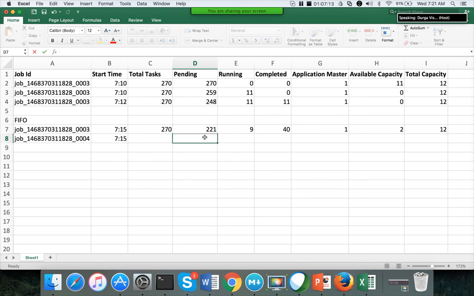Even though there is an available capacity of 2 at this time when this job is submitted, while for job 3 the tasks are moving from pending to running, the resources will not be allocated to this. That's why it is called the FIFO scheduler.